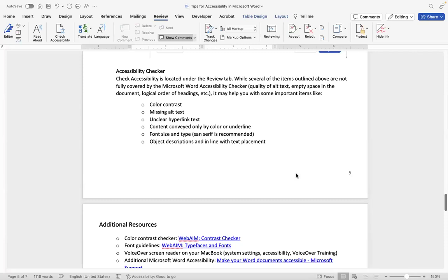So what that means, for example, say that you've added an image into your document. It may be nice when you're designing something for visual purposes to have that image maybe in the background or something like that, but just know that it needs to be in line with text in order to be screen reader accessible. If you had an issue, the accessibility checker would identify what the issue was, where it is, and it'll give you some tips on how to fix that.